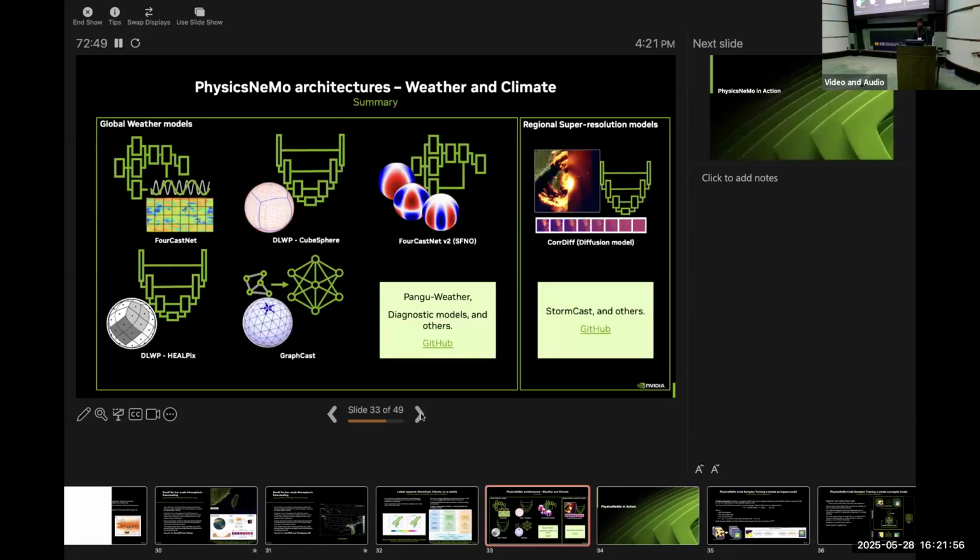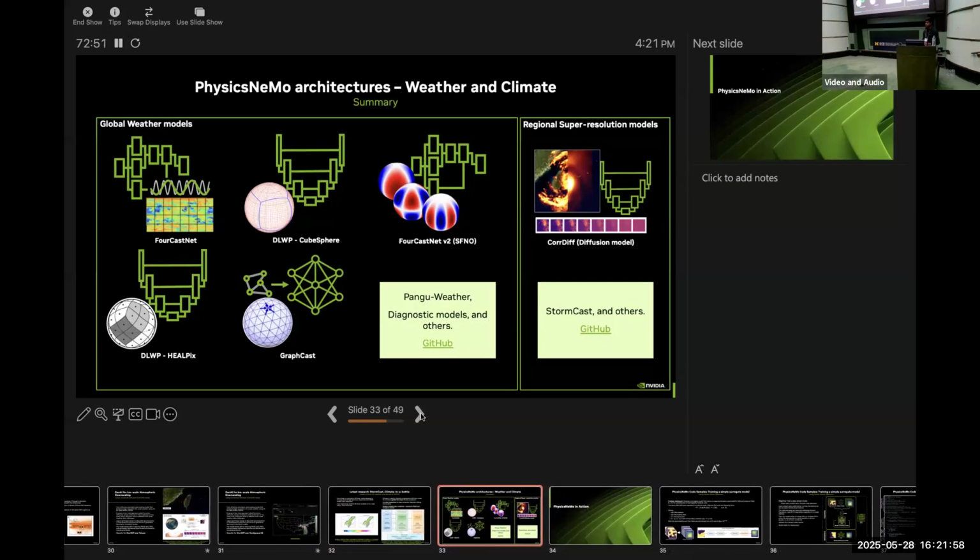So just to summarize quickly, these are the different models specific to the weather and climate domain that can be accessed through PhysicsNeMo. I talked about implicit bias and these models that are rooted in physics. This is a very good example. You can see a lot of these models are coming up with novel ways to capture the spherical geometry.